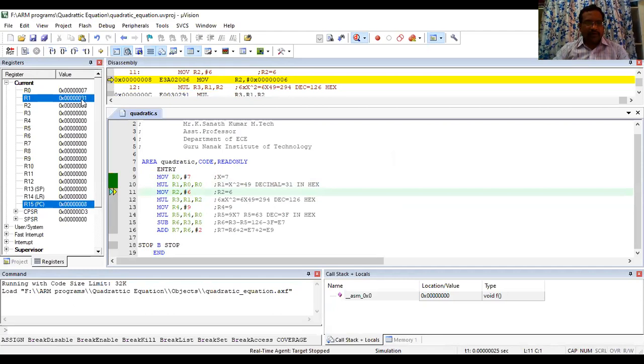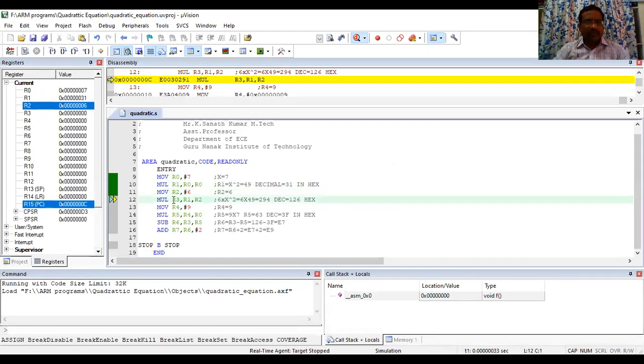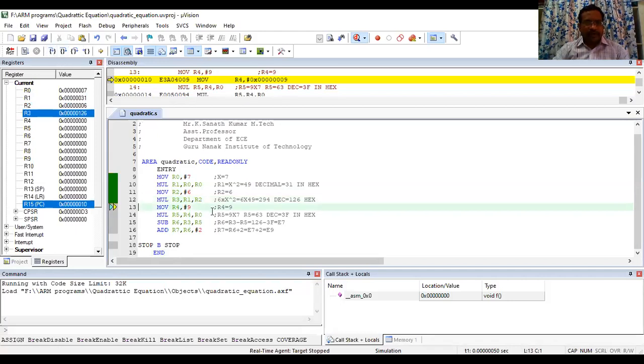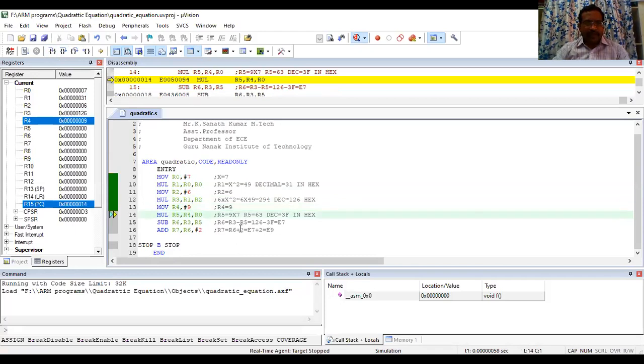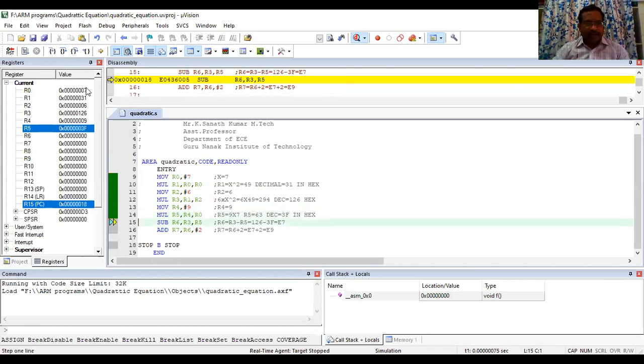So what you are getting in hexadecimal is 31, and next 6 you are moving into R2, and you are multiplying 6x square. That means 6 into 49. So that is in hexadecimal 126. Again, next you are moving 9 to R4. So R4 you got 9, and next you are multiplying.